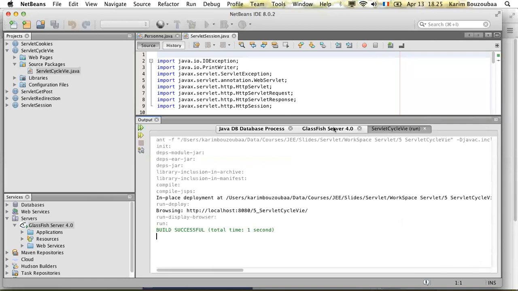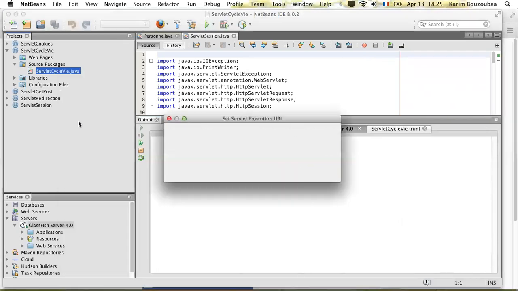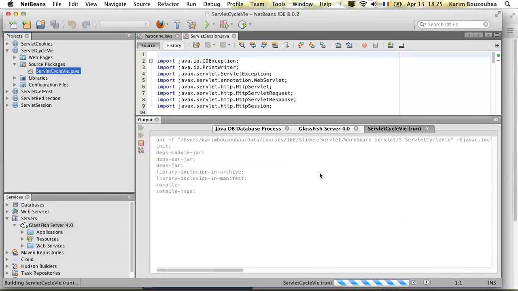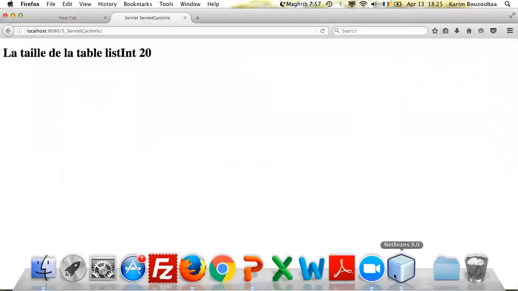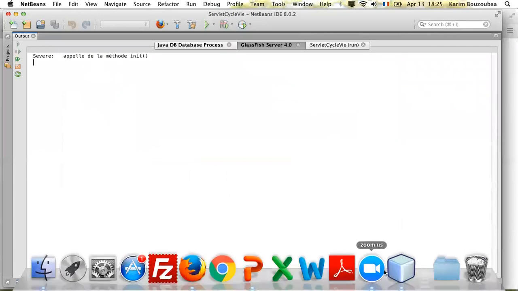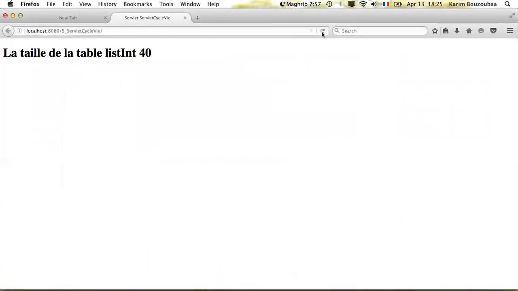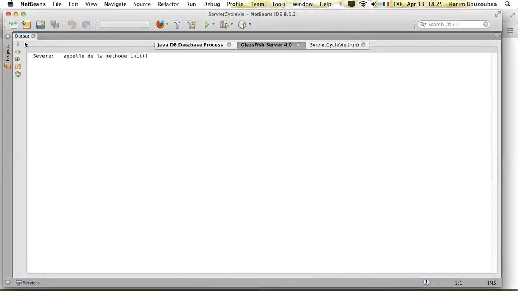Okay, let me go back. We'll try to fix the problem in the life cycle example. I'm going to execute it again. So it is the first call. If we go back to NetBeans, we will see that we have the call of the init method. Again, if we go to our browser and we refresh, everything is okay here. Now, if I go back to Glassfish,